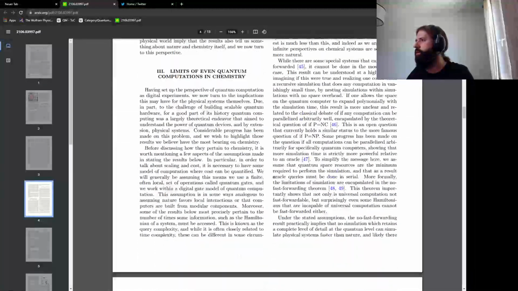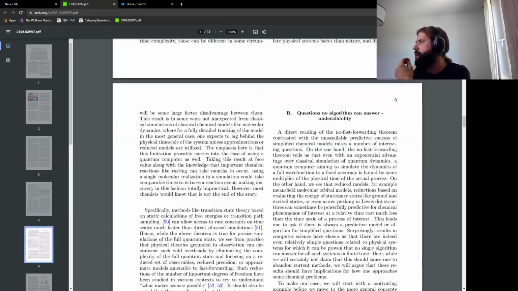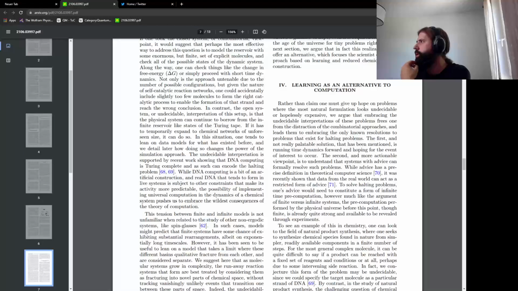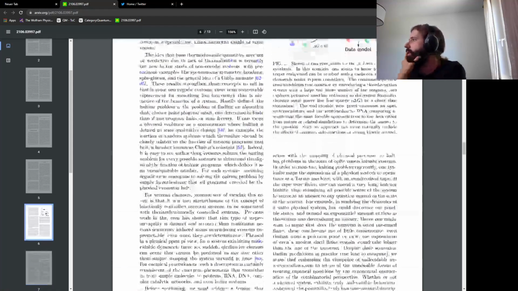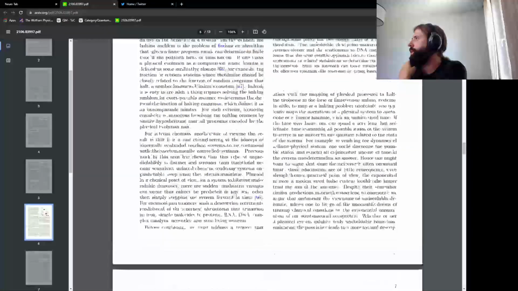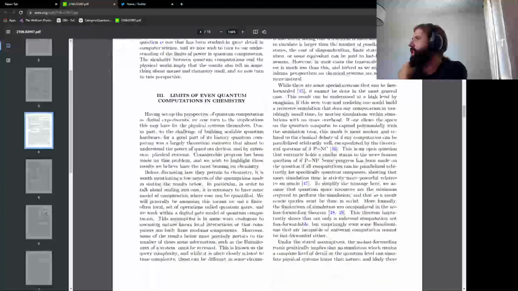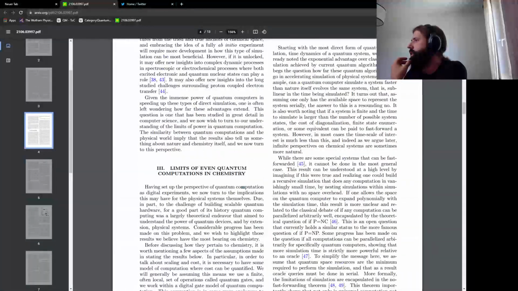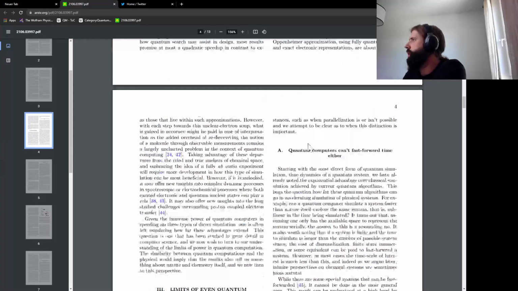I quickly scanned through chapter 2. Chapter 3 talks about the limits of even quantum computation in chemistry. Yeah, I think that's probably the one too. Okay, so maybe let's. I feel lured into actually jumping into this one, Learning as an alternative to computation. Probably I'll read that and then come back to this: Limits of even quantum computation in chemistry. Maybe you've got to read this sequentially, but